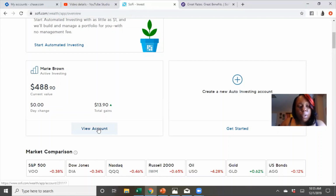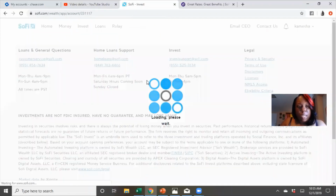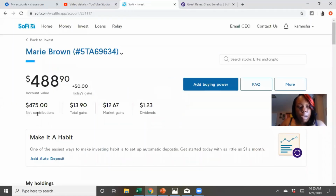When we last looked, the portfolio value was $447.68. And now, as you can see, the current portfolio value is $488.90. So let's look at the portfolio and see what we have going on here. All right, so my total contributions to this portfolio are $475. My total account gains are $13.90. My market gains are $12.67,